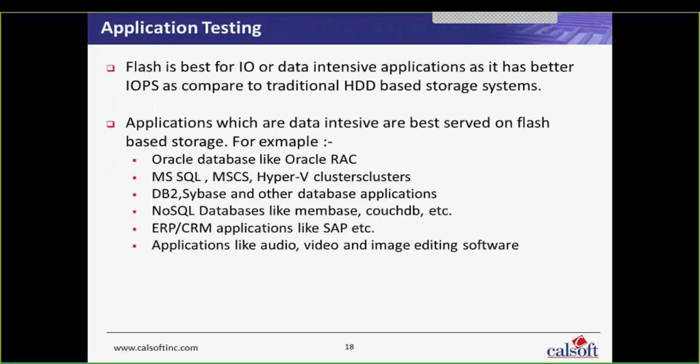This particular slide consists of application testing that we normally perform on our flash-based arrays. A normal flash-based array is typically best for I/O or data-intensive applications, as it has better IOPS as compared to traditional HDD-based storage systems. Typical applications that we run on flash-based storage are database applications, which really require IOPS to be faster,